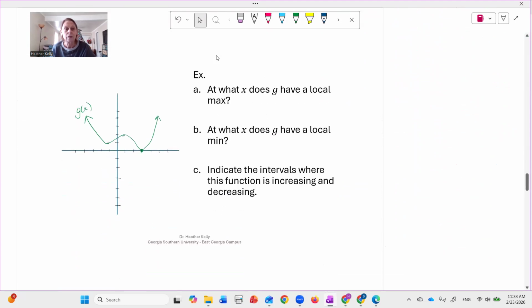So let's look at a picture that is done better. Okay. So for this particular picture, we want to know at what X does G have a local max? Okay, so where it has a turning point. Usually maxes are turning points. And here we have one right here. And we can say the local max is the point 1,